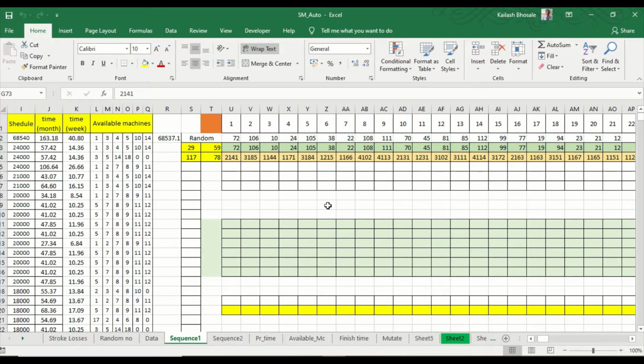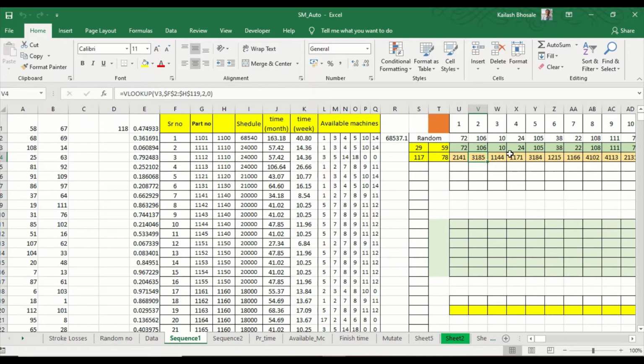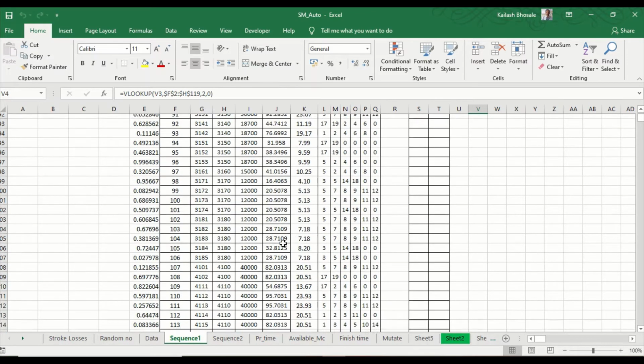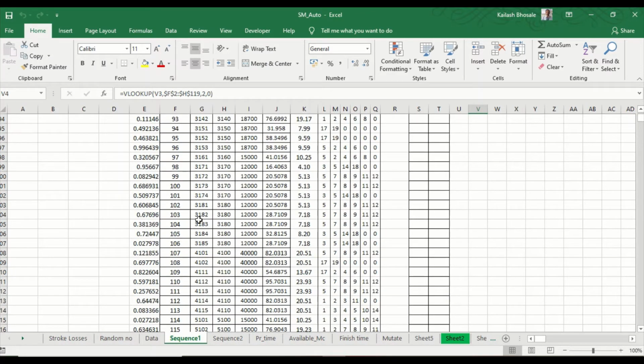But it may be possible that, in the second V column, the second number is 3185. We cannot start with the 3185 operation initially, because in this series there are 5 operations, 3181, 3182, 3183, 3184, 3185, and 85 is the fifth operation.